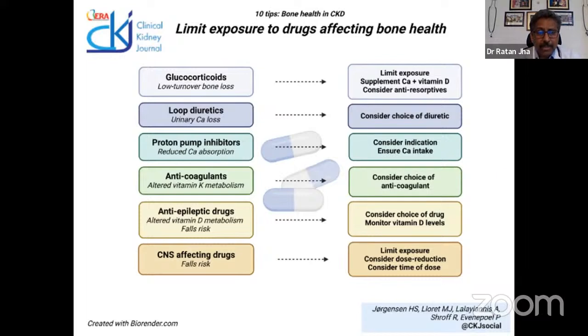in case you are going to give it for a long time. And CNS affecting drugs have to be used with caution, which is the commonest drug which increases the risk of fall and fracture, because patients are having a lot of pain and many people are getting multiple combinations of drugs, narcotic drugs, including gabapentin, and drugs which have an effect on the CNS, which can make the person sedated and increase the risk of fall. So we have to look at this, as this can ultimately have an indirect benefit for